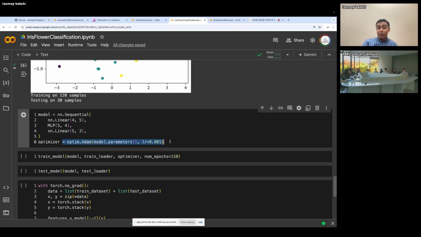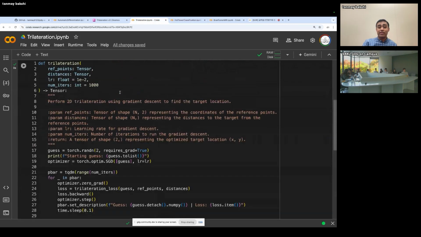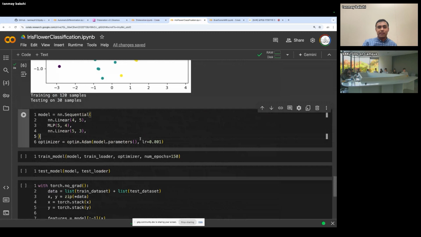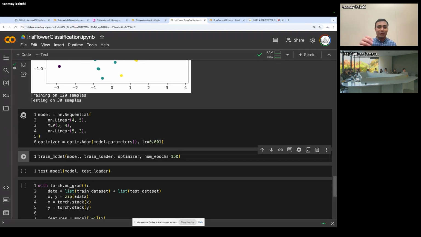So the optimizer we're going to use here is a different one. We were previously using stochastic gradient descent. Now we're going to use Adam. That's not something that you need to worry about right now. It's just a different way of performing optimization. And it's better for real-world machine learning tasks that are more complex, where gradient descent sometimes is less stable. If anyone wants to learn more about that, feel free to ask me in the Q&A, and I'm glad to go into some more detail. But we'll sort of skip over that for now.